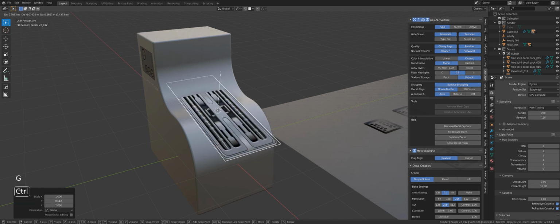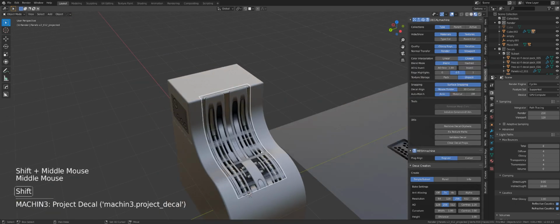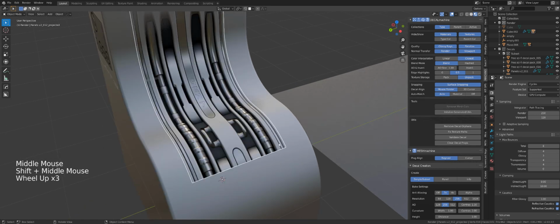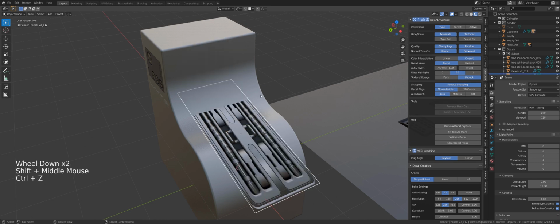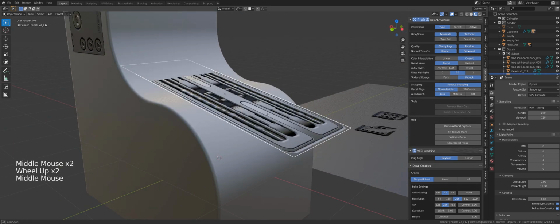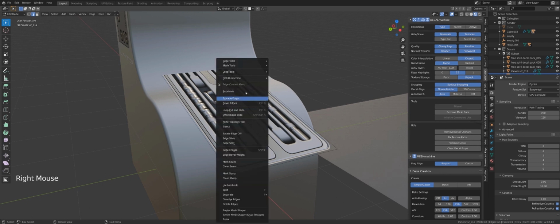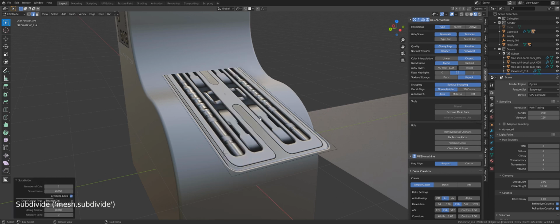And if I wanted to place this here and just press project, you will see that part of it will be cut off, part of it will be distorted. And the reason is that on this kind of curvature there is not enough subdivisions on this geometry. So you can actually subdivide the decal